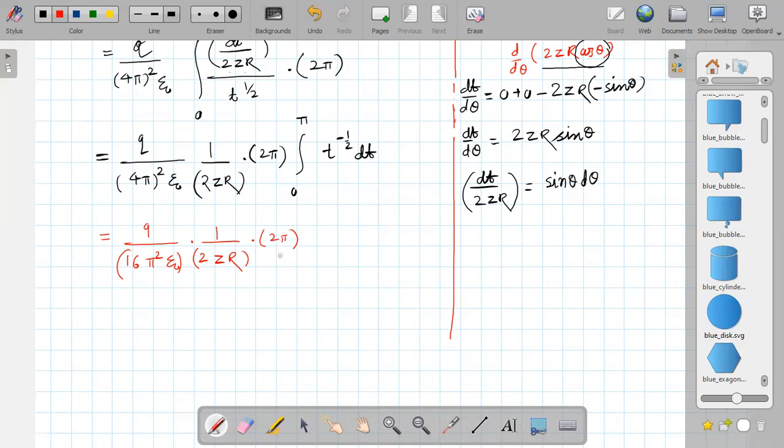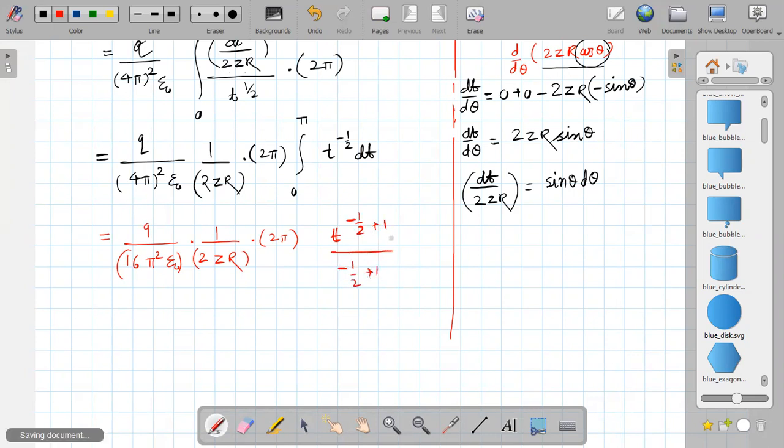Again t is z square plus r square minus 2zr cos theta. For this we can write integration of t raised to minus half dt is t raised to minus half plus 1 upon minus half plus 1,